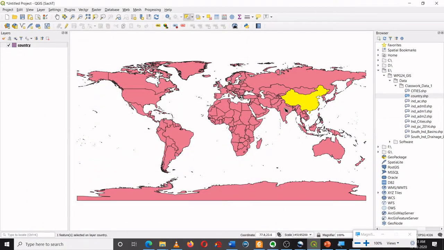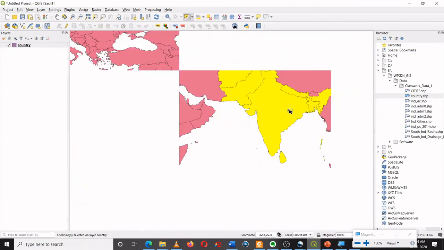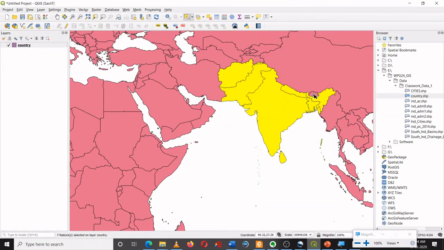Let us say I want to select the SAARC nations, so I can select multiple countries by pressing control. If I press control, then I can have multiple selections. If I want to select Bhutan, I will select it again.